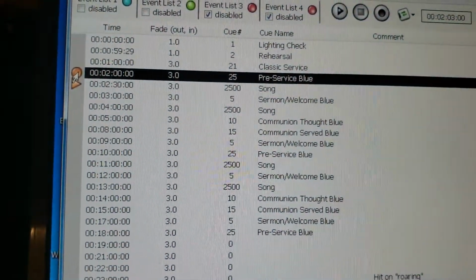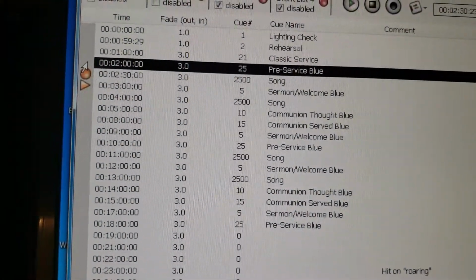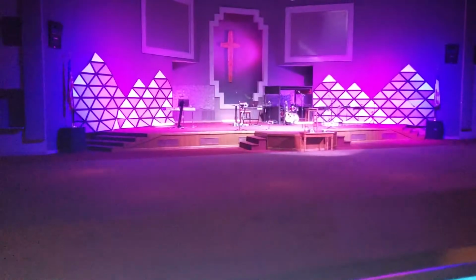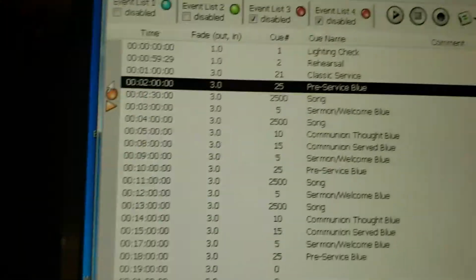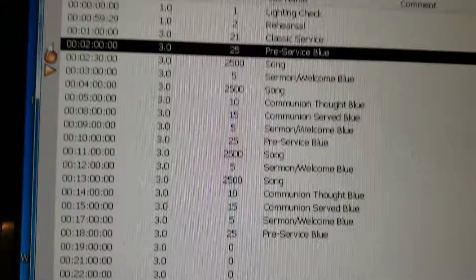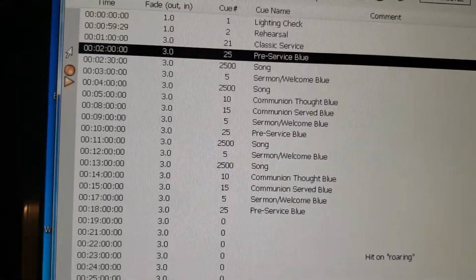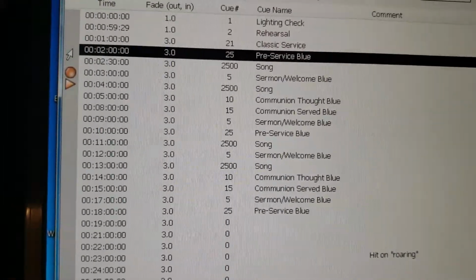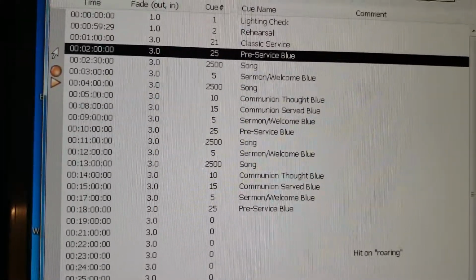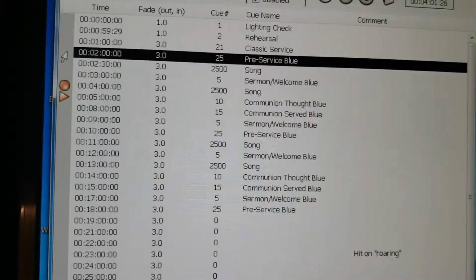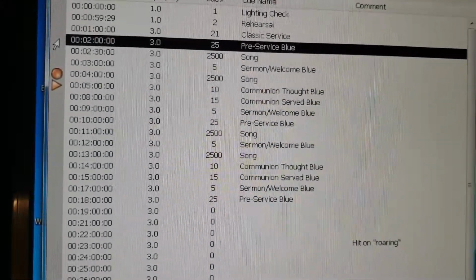As soon as the singing starts, you hit space again. It goes to our song setting, and it'll stay on there for all 3 songs at the beginning of the service, and then Sid will come out, start preaching. That's where we'll go to this sermon setting. Right after that, we've got the ministry song. Then we'll have our communion thought,